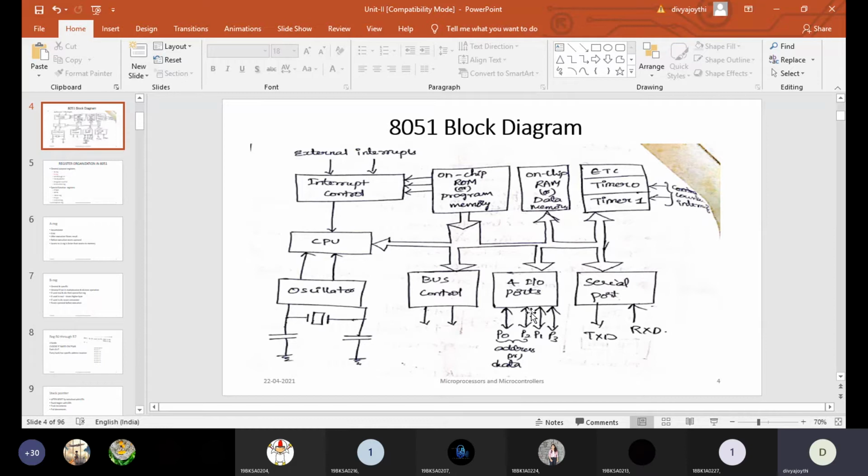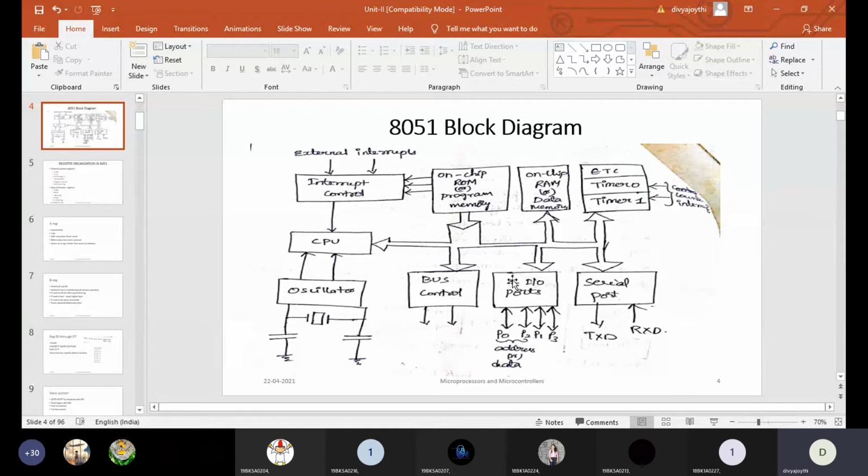Whereas in the case of the 8086 microprocessor, if you want to connect any device, you cannot connect that device directly to the 8086 microprocessor. In between the processor and the IO devices, you need to make use of one interface, that means another device. But here, if you want to connect any external device to the 8051 microcontroller, you need not use an interface. You can directly connect your device to the 8051 by making use of any of these four ports. So that is about the IO ports.